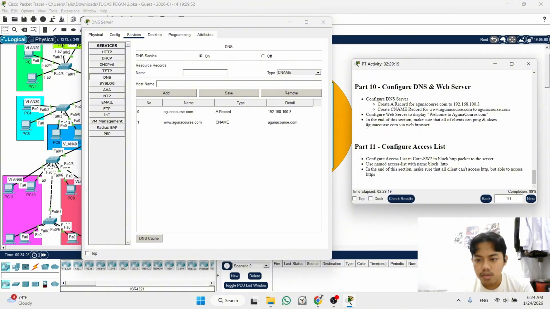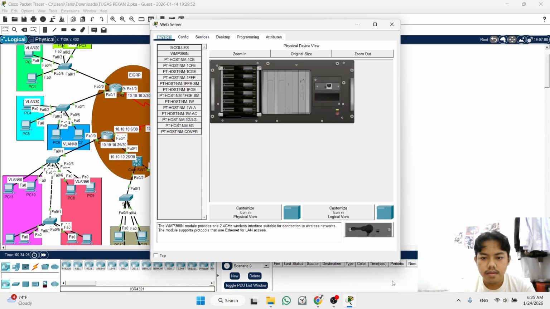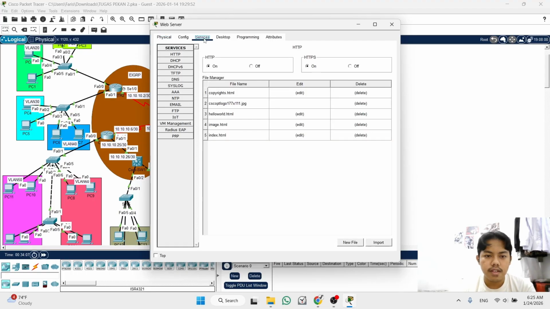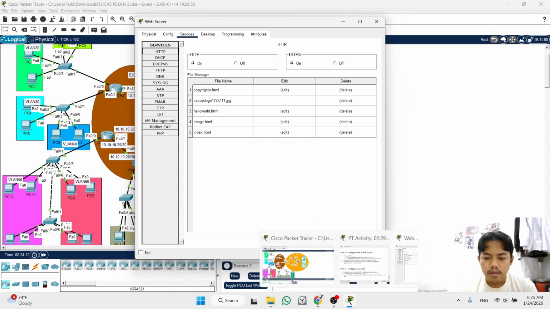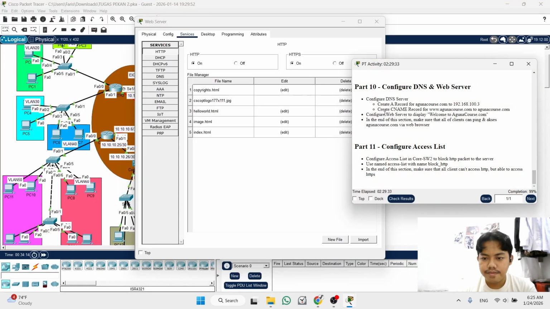And now we go to the web server. Go to the service and then go to HTTP. You see what the task is: configure the web server to display "Welcome to agunacourse.com".